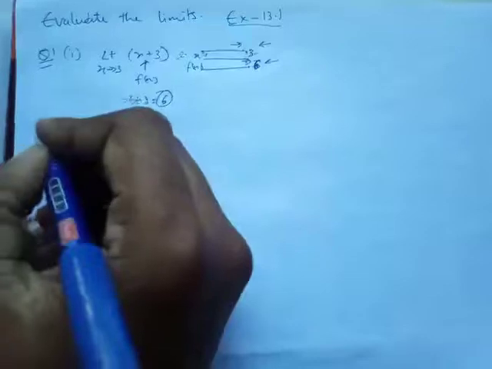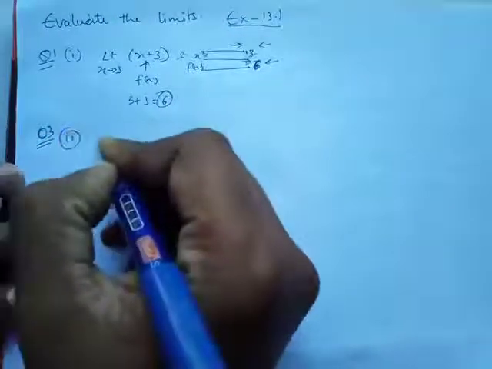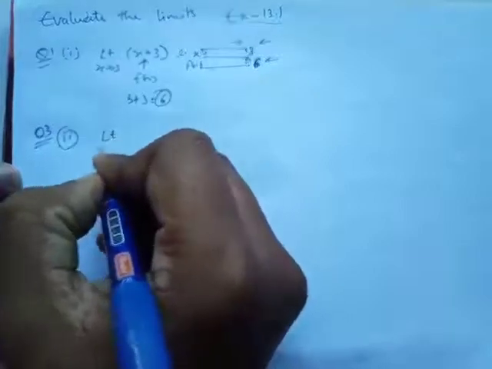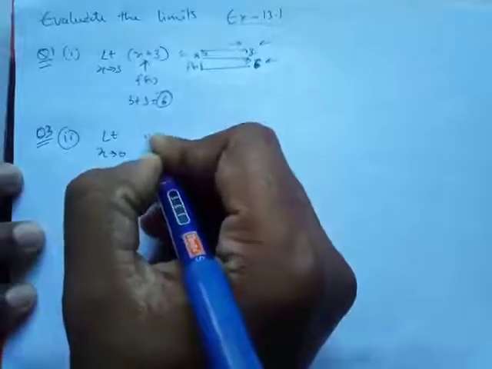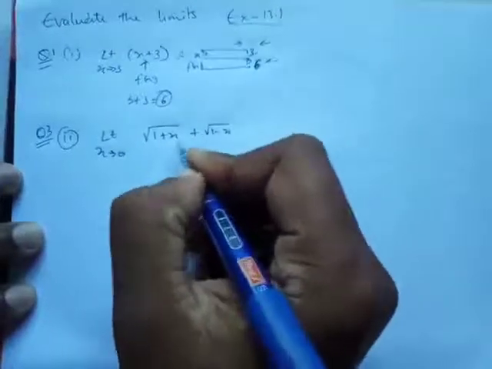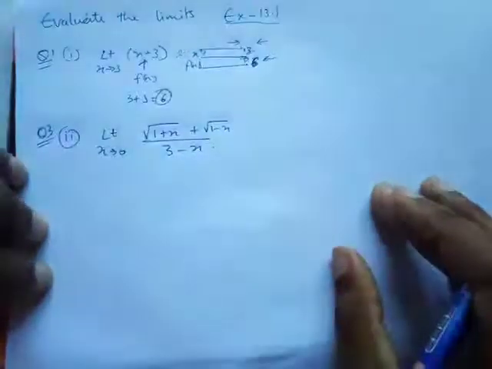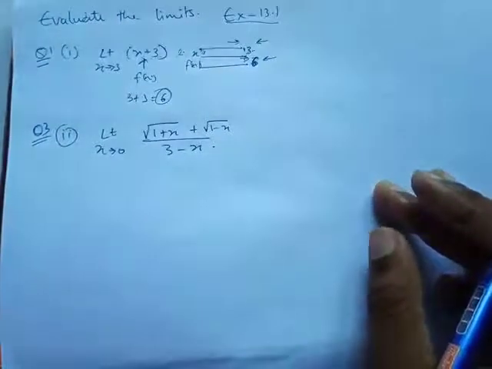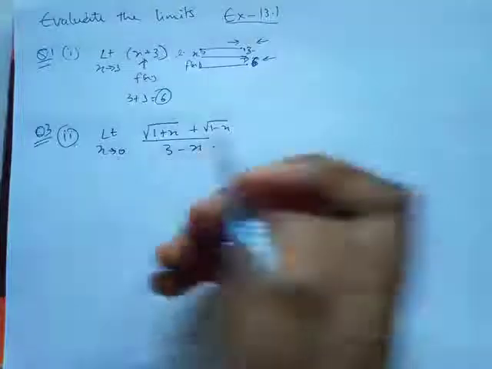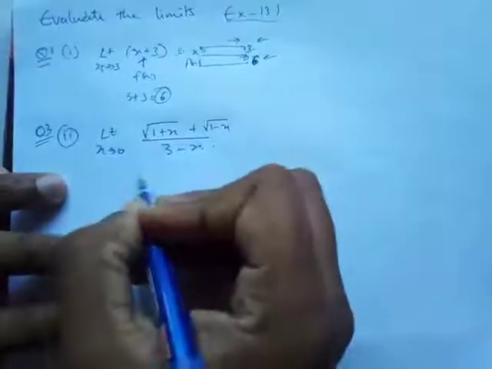ठीक है. ओके, लेट्स सी क्वेश्चन नंबर 3, सेकेंड पार्ट. Okay, it says limit x tends to 0 and 1 plus x plus 1 minus x upon 3 minus x. Now you might be thinking, all of you might be thinking that what can we do in this question. We can just keep the value. If it's much complicated then we have to solve it. I'll do those type of questions also, but जैसे जैसे x 0 के पास पहुंचता जाएगा,